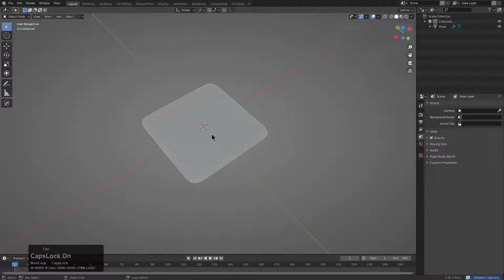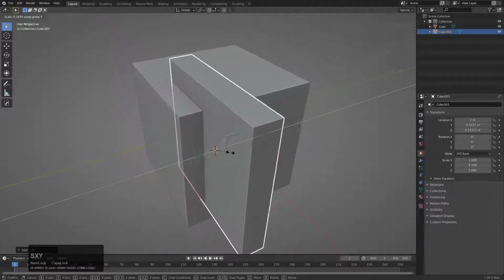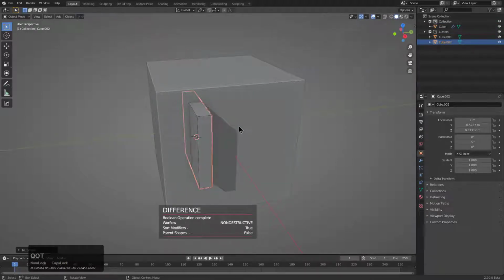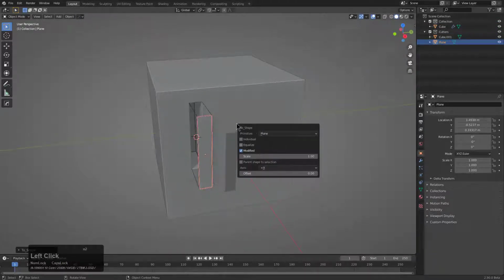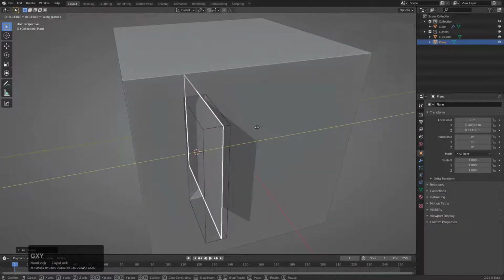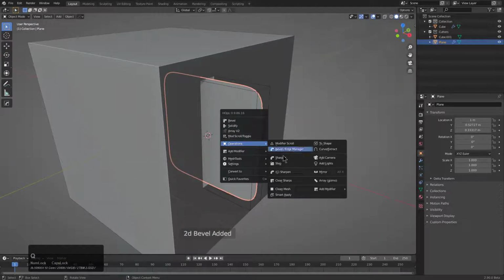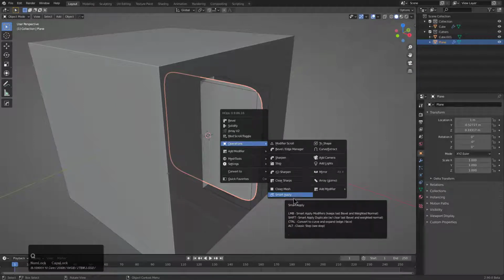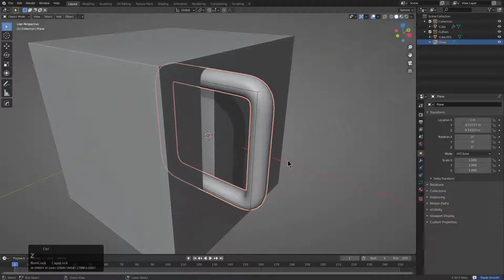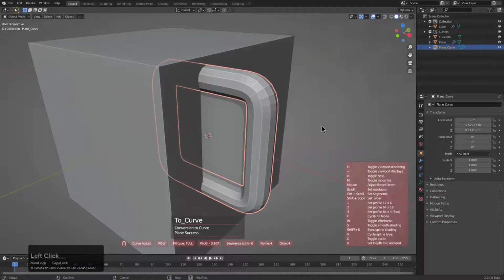In fact, a very popular thing I like to do when I'm modeling is I will just model something like so, do a difference, and then I'll do something like QOT to do a 2 shape, but I'll do it to a plane and I'll set it to an axis and then just hit it with a 2D bevel, and then either control click smart apply, which also has the ability to convert something to a curve while removing the original mesh. I could also just go under operations and use curve extract to just turn this into a